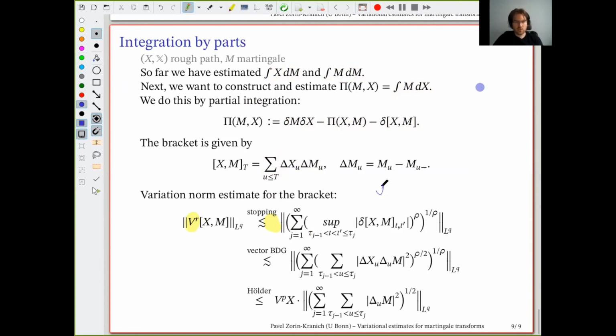So tau k is an increasing sequence of stopping times. And now, what do we see? There is this supremum inside,